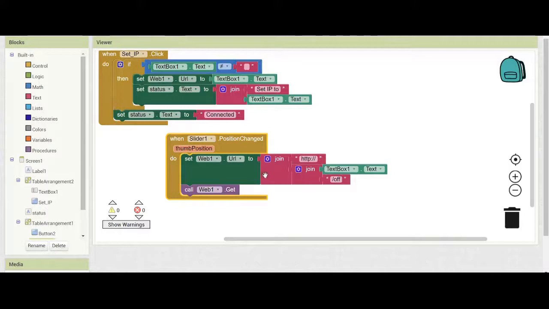So it's like set http text box, and then we will join this particular IP or whatever you want to say.